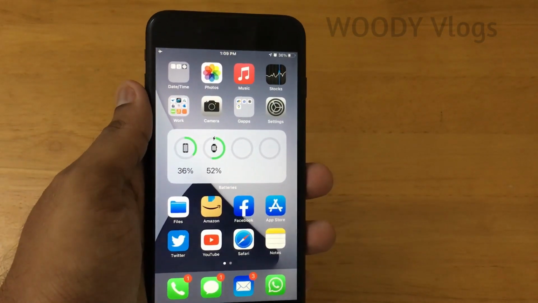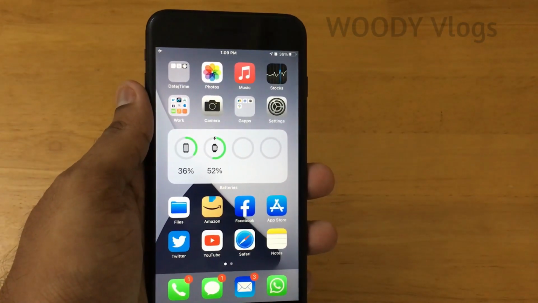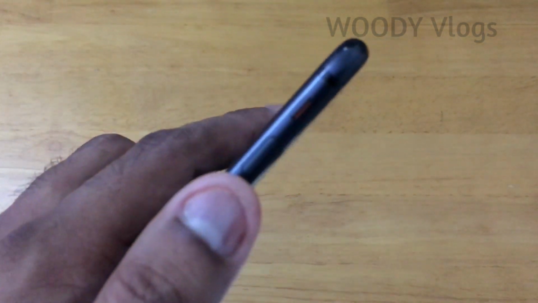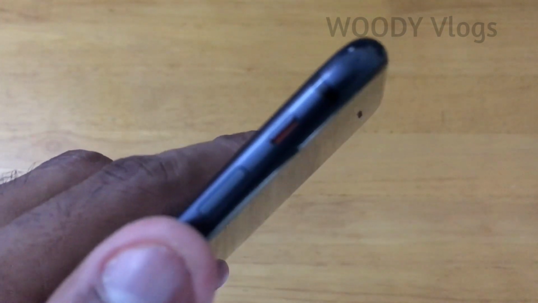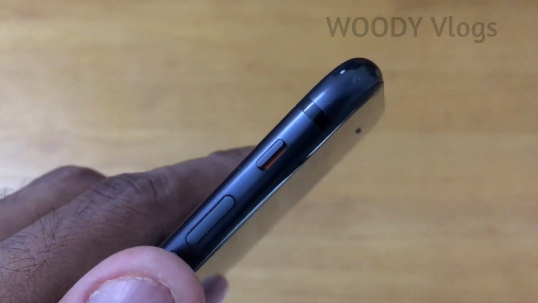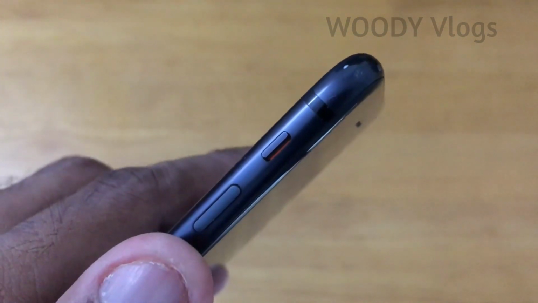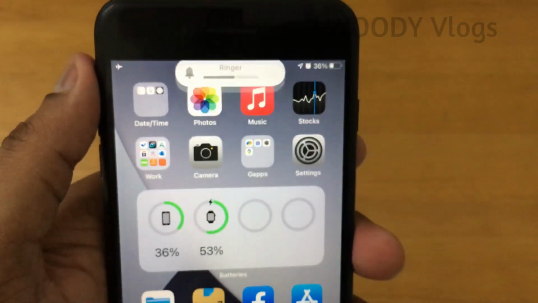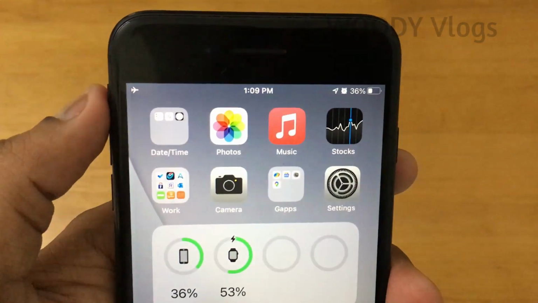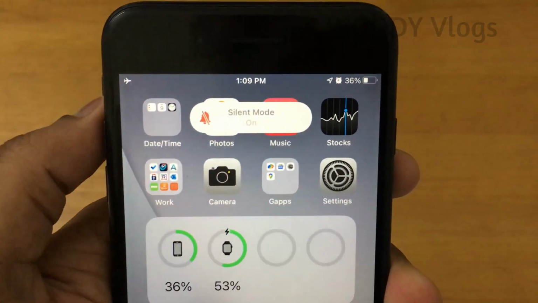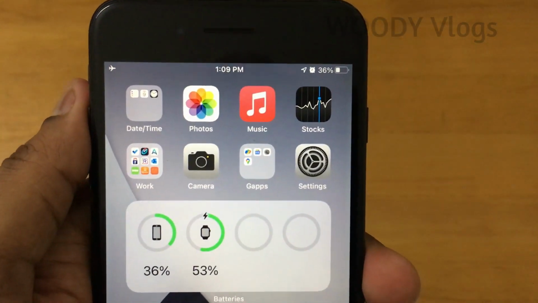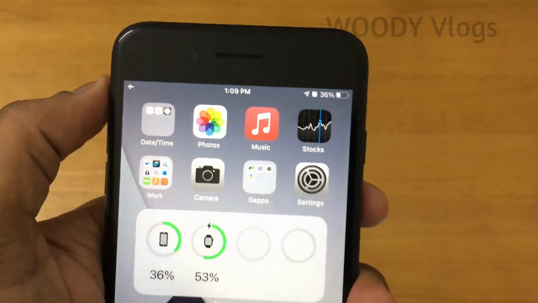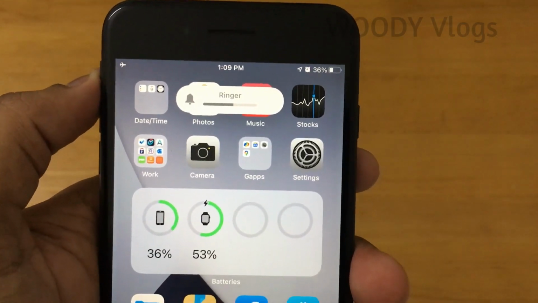The first tip that I'm going to share today is not in the software but actually in the hardware. Yeah, this is the mute toggle. I personally know some people who don't really know what this is about. This is to make your phone go silent or to come back to the ringing mode. Now, you can see my phone is now in the ringing mode. I'm just flipping this switch down. Now you can see it's in the silent mode. You get a small little notification. Now I'm flipping this switch back to the top.